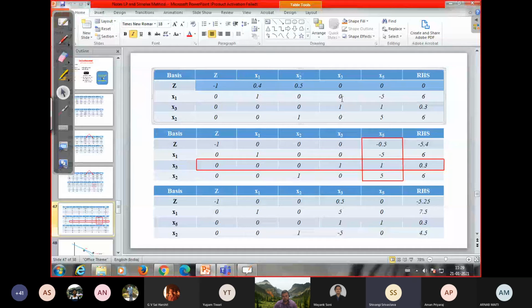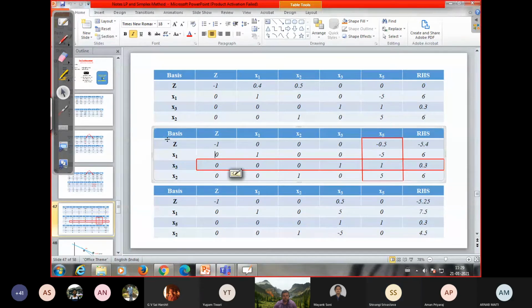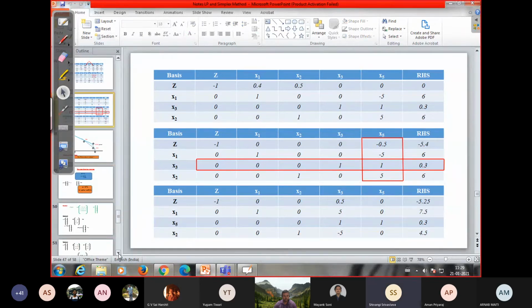We'll perform Gaussian elimination here. So how do you perform the Gaussian elimination? How do you make the row of x1 into 0.4? Z minus 0.4 times the x1 row, and then Z minus 0.5 times the x2 row. Very good. Those will be performed separately. And then you have the table in proper format, right? So this is actually the initial seed of the simplex for phase 2.